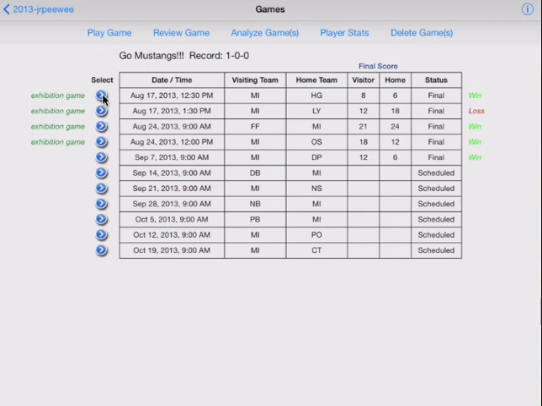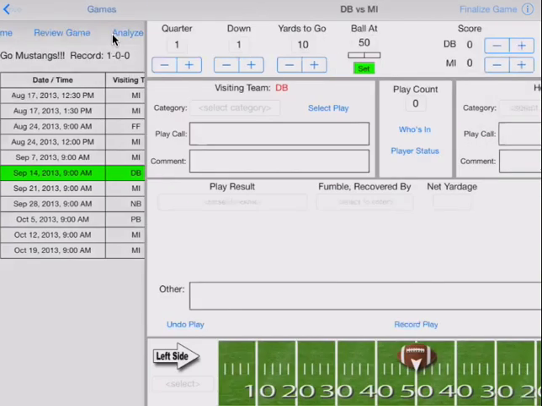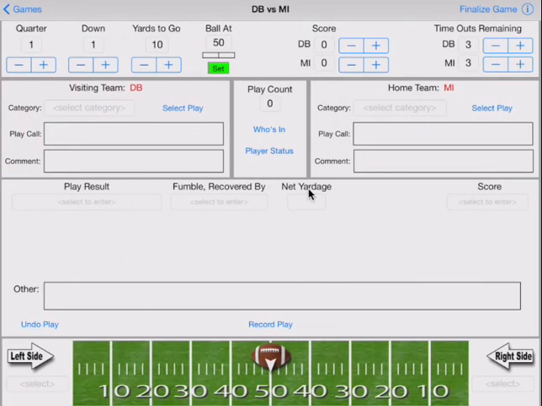So I typically will play a game in real time. So go ahead and take a game that hasn't started yet just to show an example. So you go ahead and select it and you go to play game. All right, and this is the screen you have, and basically while the game's going on, I'm mainly interested in